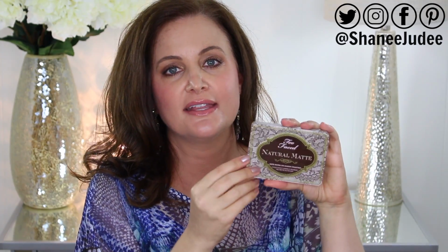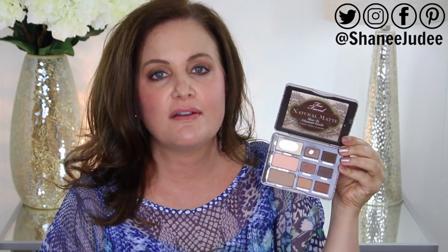Another favorite evergreen palette is the Too Faced Natural Matte palette. You have seen this in some of my videos, and I wear this a lot. Oh, I've actually hit pan on a couple of these. So this first row up here is my favorite, and this is just a matte palette of Too Faced eyeshadows, and I love these Too Faced eyeshadows. They're great quality, they're comfortable to wear, they blend well, I love them, and these matte shades up at the top just give you a really great everyday look, and as you can see, I've hit pan on these,